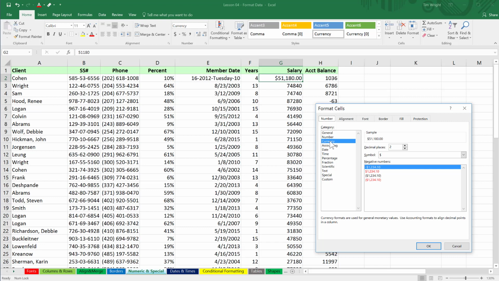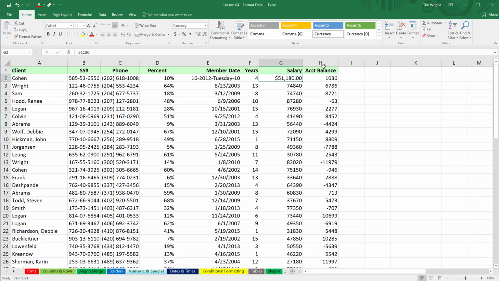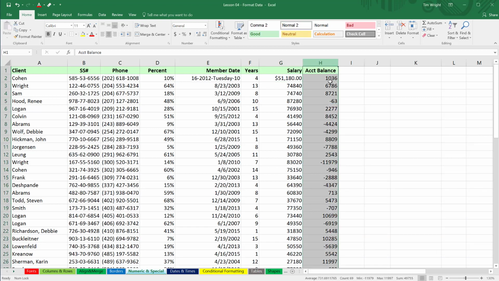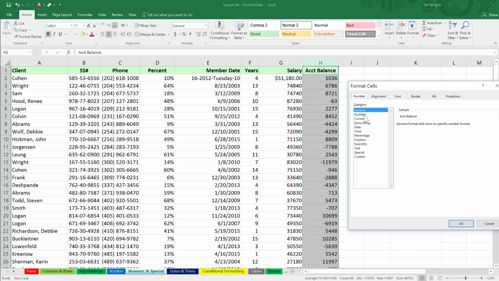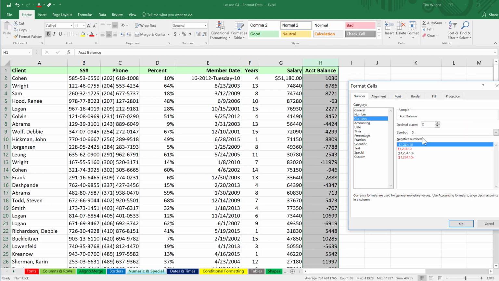And under currency, we have different ways of representing negative numbers. So this can be very useful to either have a negative number just with a regular negative, or it could be red if it's negative, or it could just have red with parentheses around it if it's negative. So this might make a little more sense if we came over here. Let's select all of balance because we do have some negative numbers. Let's open up our dialog box and let's come down to currency, and let's do